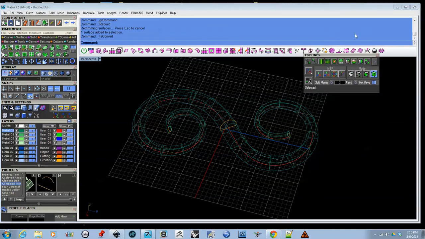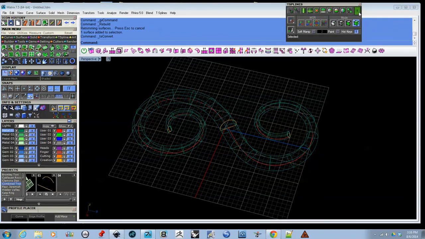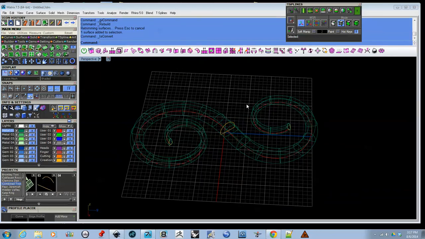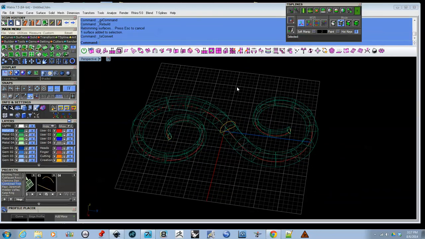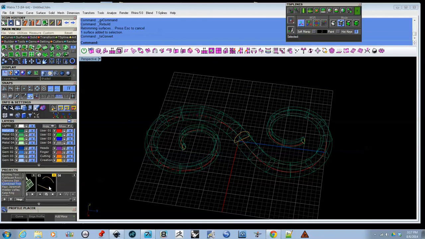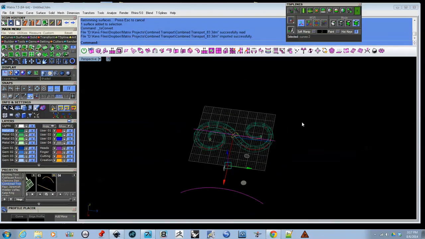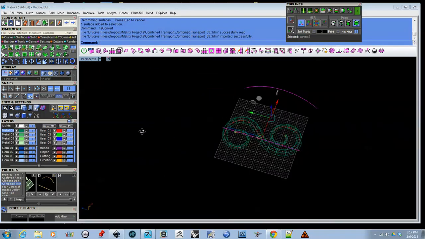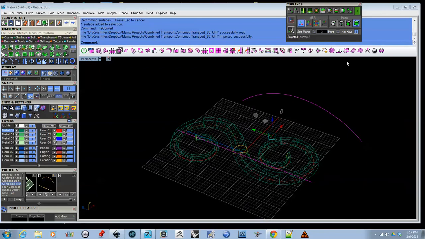So now if I grab our T-spline tool here, we can turn that on. And see, now you can grab any of these curves, you can move it around. You know, we can resize, do whatever things that you want to do. But because of that, I just like being able to put T-spline shapes up on surfaces and things. So, like I have a set of curves sitting in here right now. And one of the things that we can do here is,